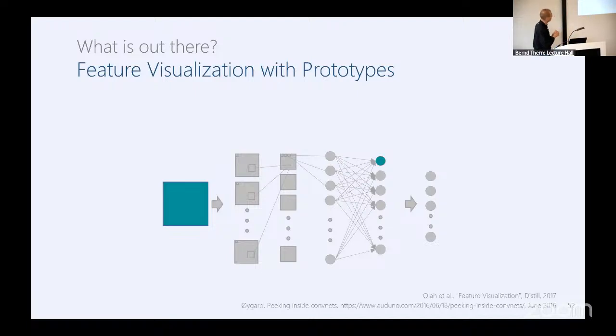Good, what is out there otherwise? There is prototyping and saliency maps. So let's look first into prototypes. Prototypes is the idea that we train the neural network, we lay it out, and we say, ooh, what does that neuron do? The green one over there, in the top right. And what we do is we use effectively backpropagation in reverse, right? So we propagate,